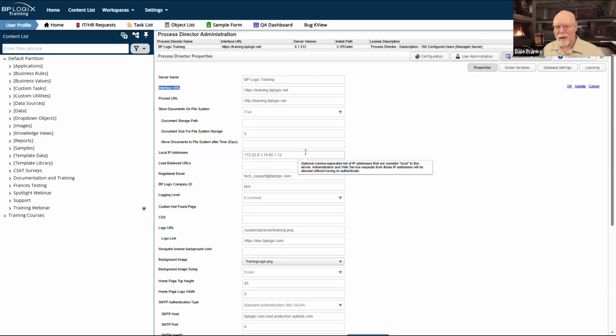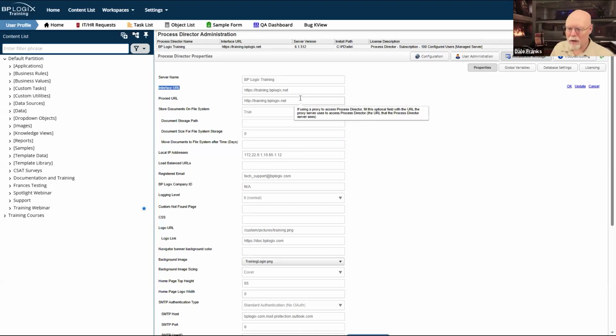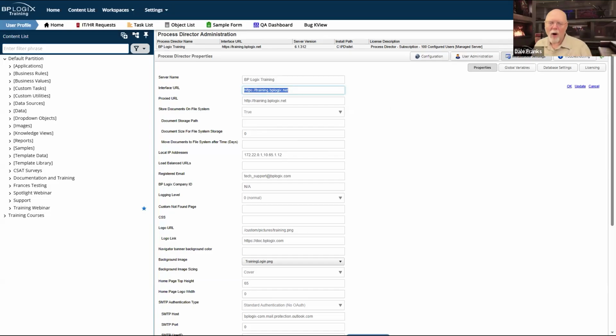Although obviously there'll be an object ID, a knowledge view ID, you have to append to that, not as a system variable, but as a URL parameter. But set your interface URL. It is going to make your life a lot easier, especially if you have a system that is sort of open and you want to be able to provide people with URLs in emails and things like that.